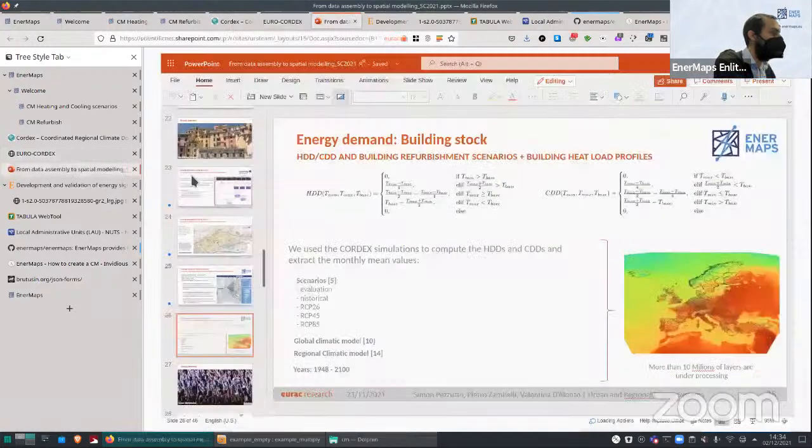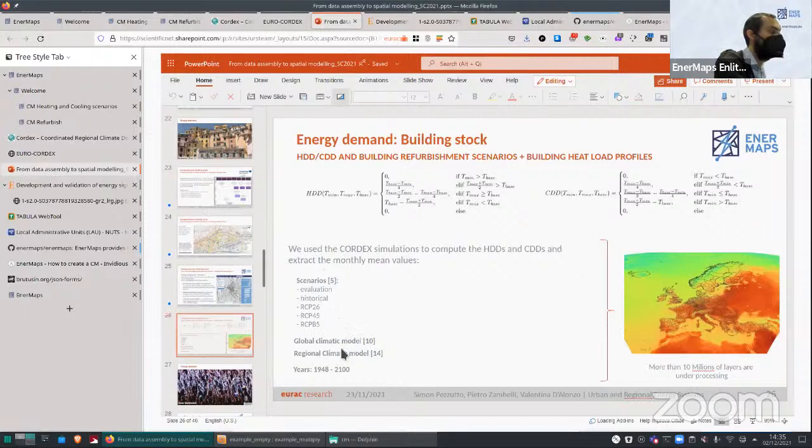Just to give you an overview for the people that do not know the Cordex data, these data are providing the average, the minimum and the maximum daily temperature from 1948 to 2100. And we have the daily data, and Cordex is providing this information based on different scenarios, so under different conditions.